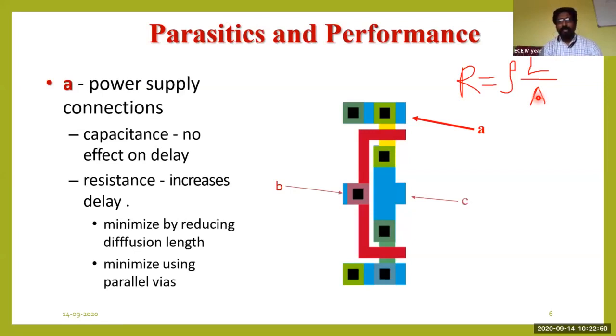Aspect ratio is nothing else but the length and width of the transistor. If the width of the transistor is increased, the resistance will be decreased. If you want a low resistance, the width should be increased, and we cannot decrease the length of a particular transistor. Why? Because the length of a transistor denotes the technology node. If you design a transistor in a 90 nanometer technology, the length of that transistor is fixed. Below that default value, we cannot reduce the length.